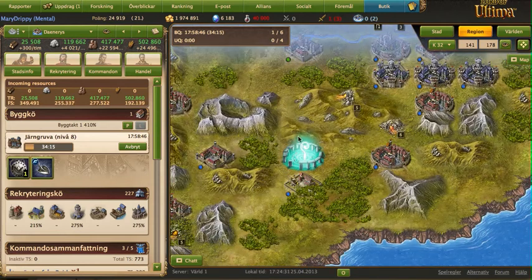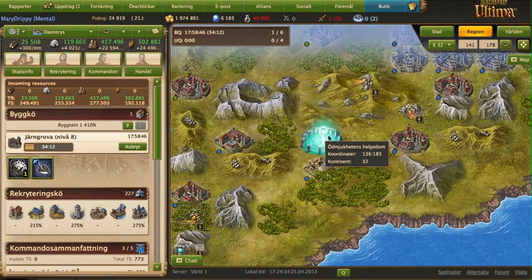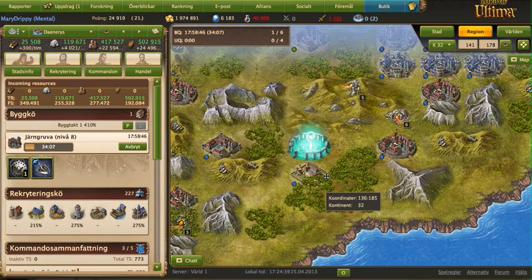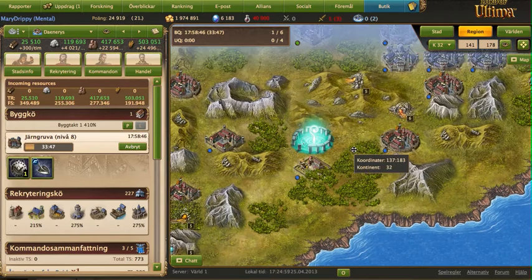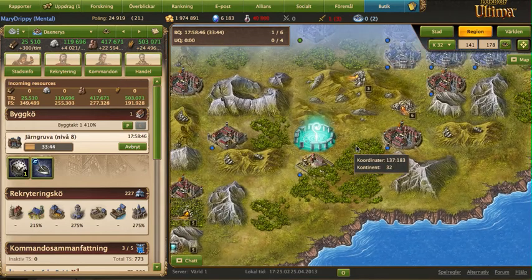Now I'll talk about this shrine. As you may know, to win this game, to win loot, you have to have 8 palaces at level 10, and to get a palace, your city has to be enlightened, or upplyst as it is called in Swedish, and that will happen if you have your city close to a shrine like this player has,